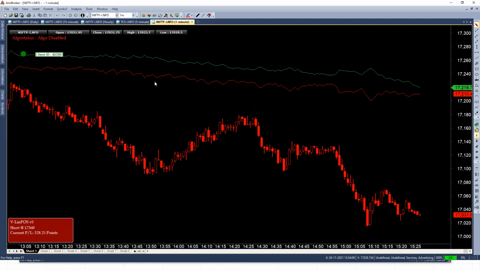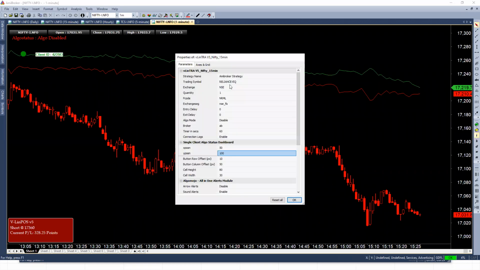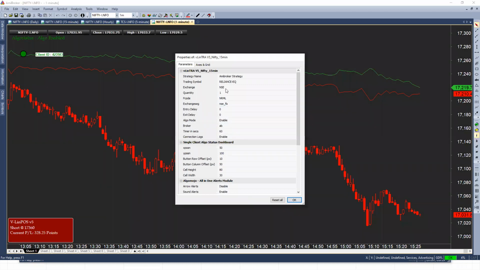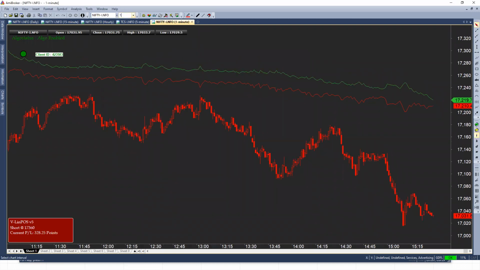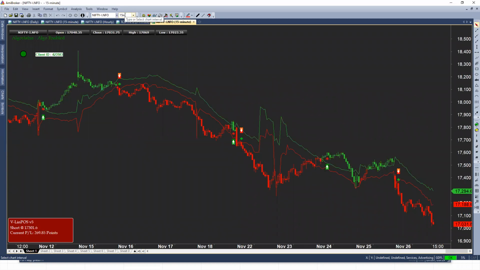My algo is ready. All I have to do is go to the parameters, configure the values, and finally enable the algo once every configuration is done. Any buy and sell which is coming from here on will be automated automatically. So just by adding 2 lines of code, any strategy can be automated using the AlgoMojo AmiBroker library. That's the simplification we try to achieve so that anybody can automate their trading ideas more easily in the future. Thank you.